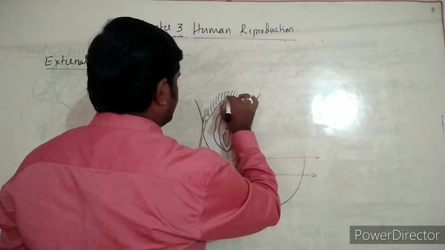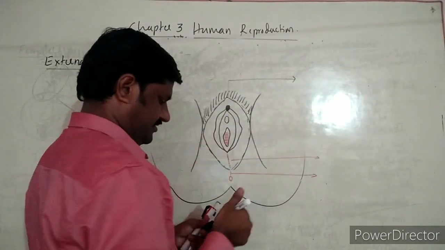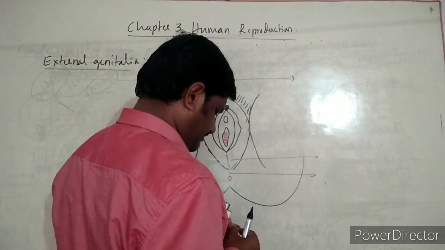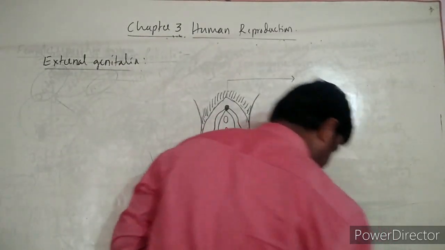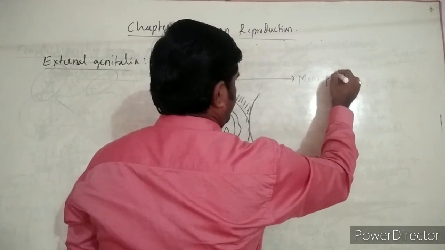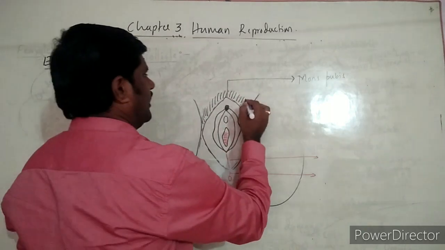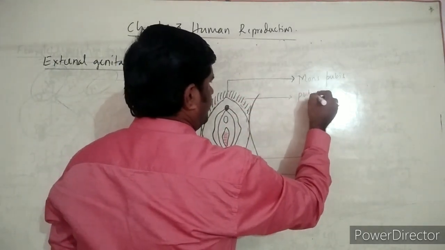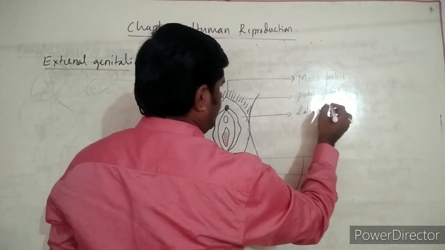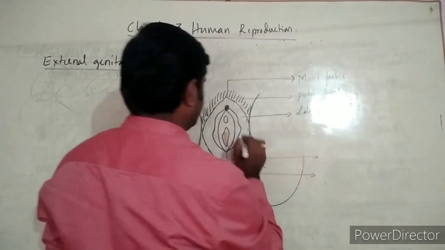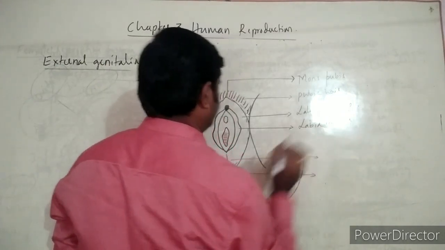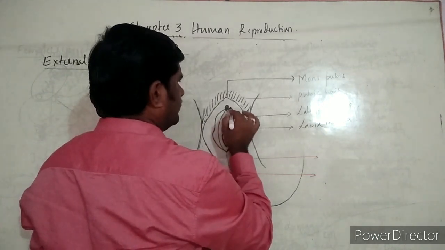So in this one, this part itself is called as mons pubis, mons pubis, and these are said to be pubic hair, and these are called as labia majora, and these are called as labia minora, and this one is known as